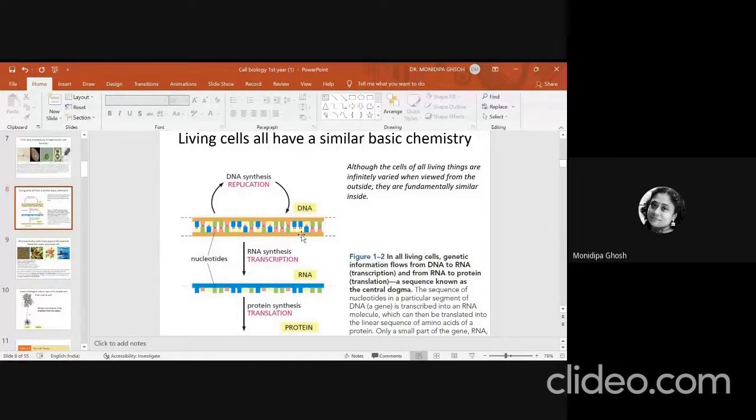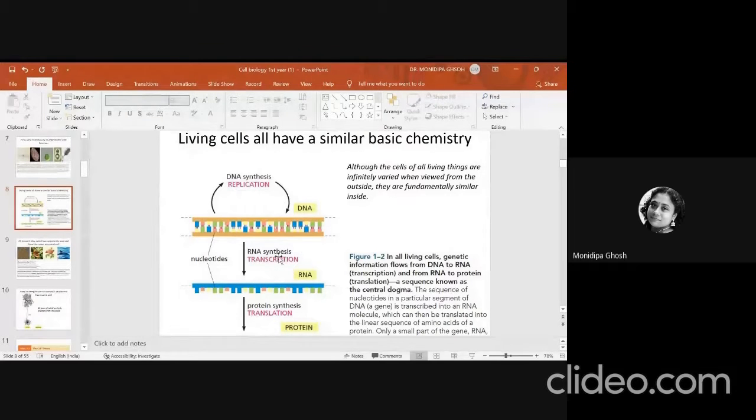The DNA content should be increased first, and only then will the division be done. Otherwise, it will be halved. Is the concept clear? So, at the time of DNA replication, in the next step, from DNA to RNA, this